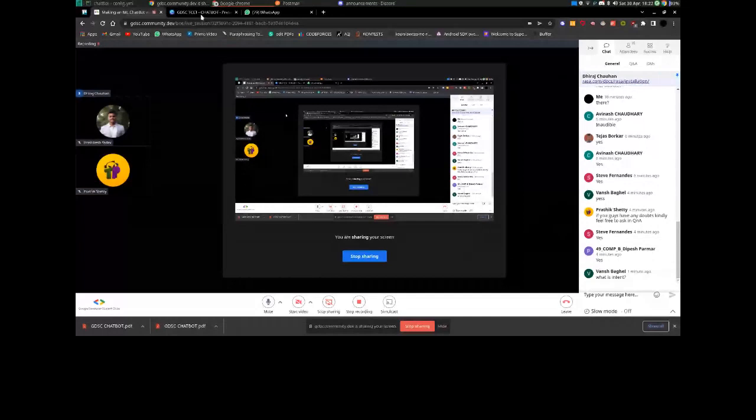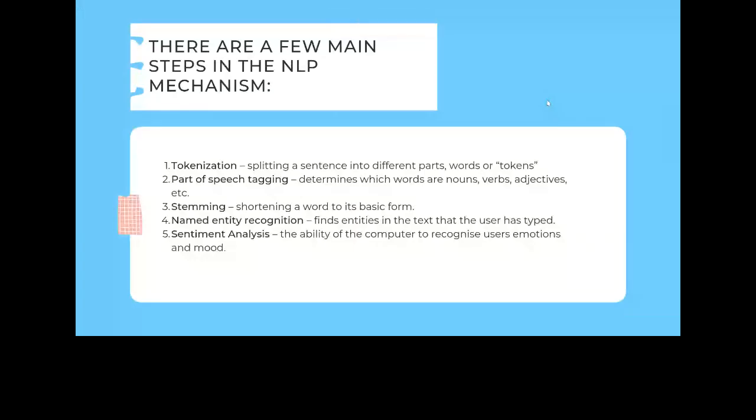Now, before we move ahead, NLP also offers some mechanisms which are more on the theory side and also implementation. But we will not go into those today. We will just focus on the framework which will do all these things for us.